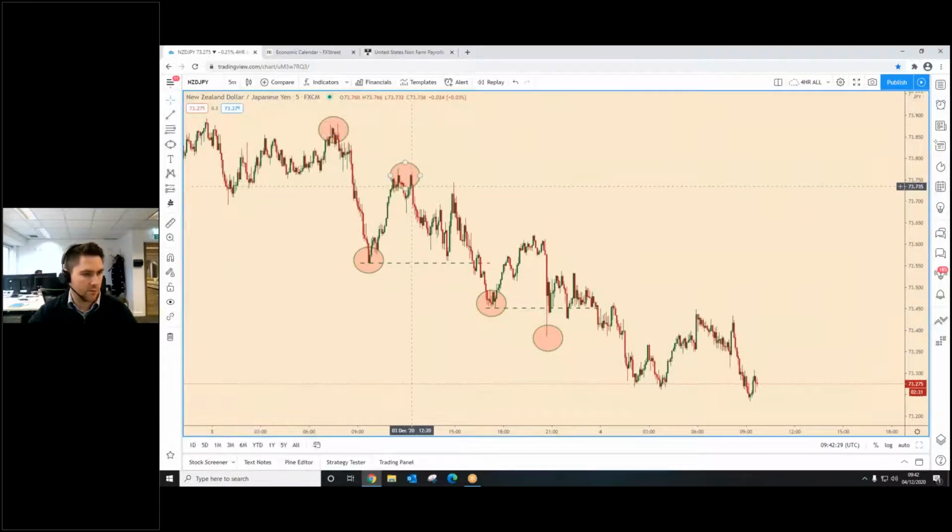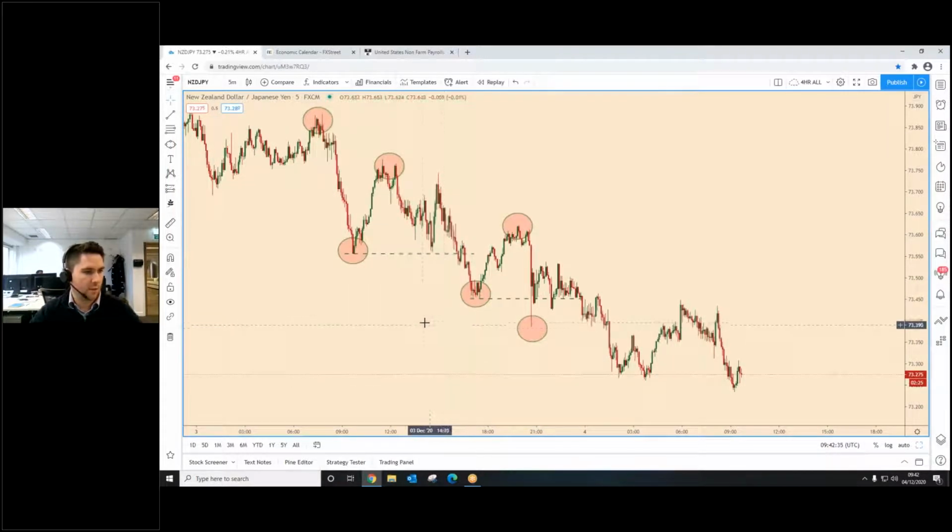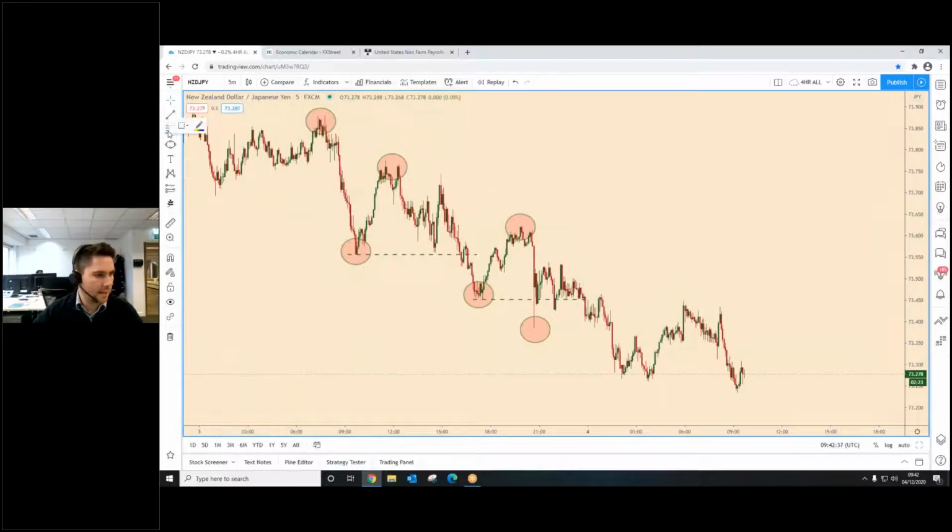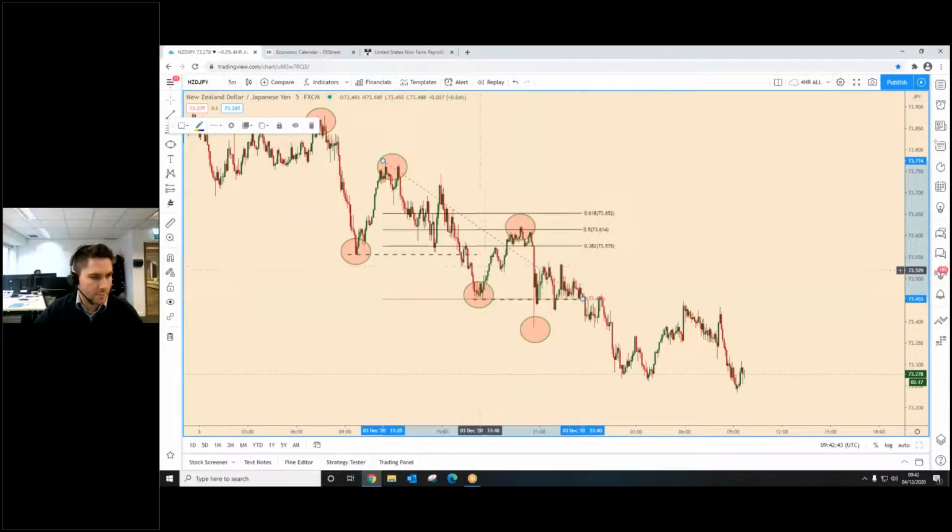As we've now confirmed the lower low, I can confirm my lower high. And again, I'm now taking the highest point between those two lows. And if we look to introduce Fibonacci on these swings now, from this previous lower high down to the current low, we can see this market retraced back up to that 50% region before the market tried to